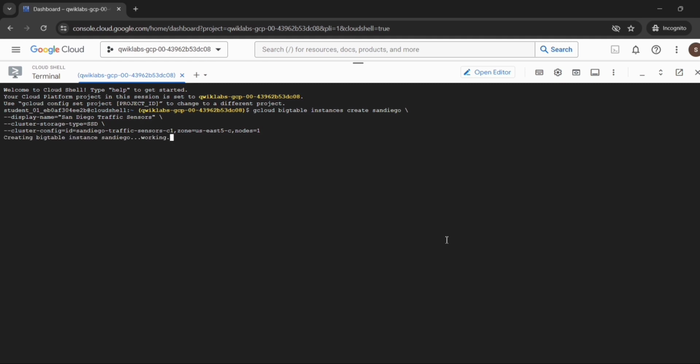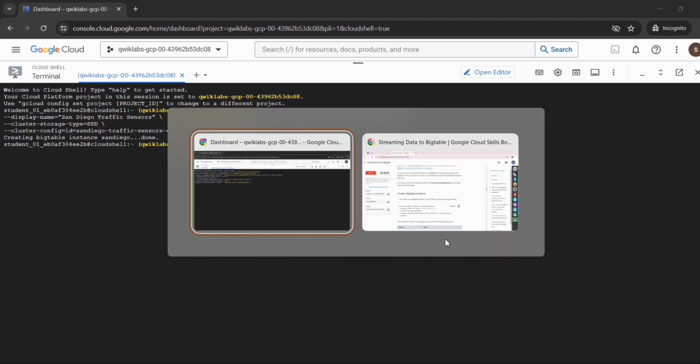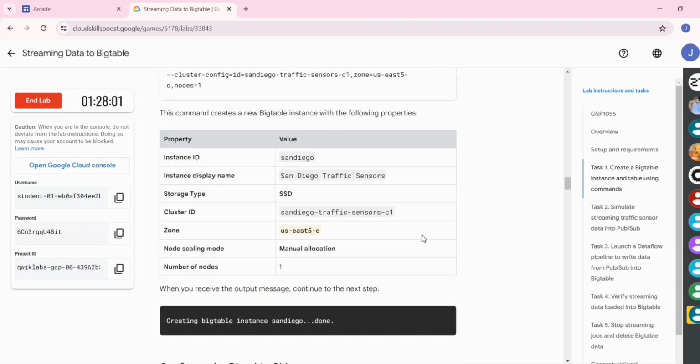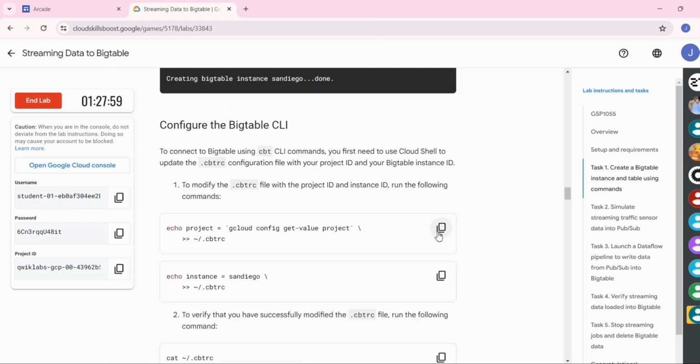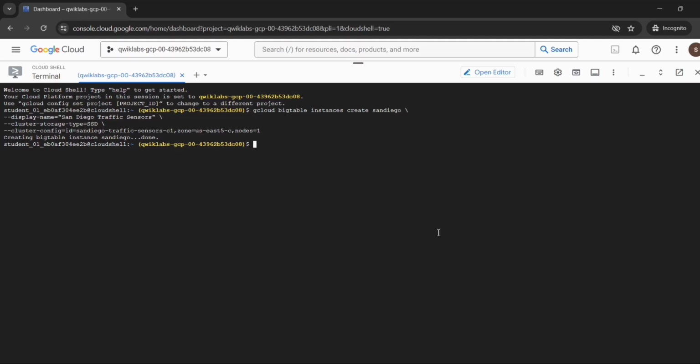Now it will create a Bigtable instance. So now go back to the lab instructions, scroll down and copy this command, go to the shell, paste it, then press enter.